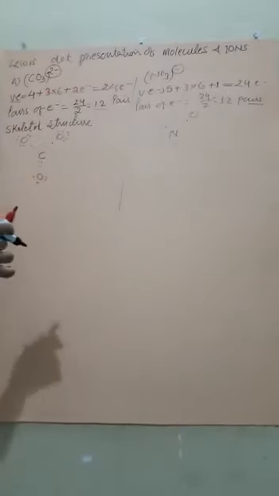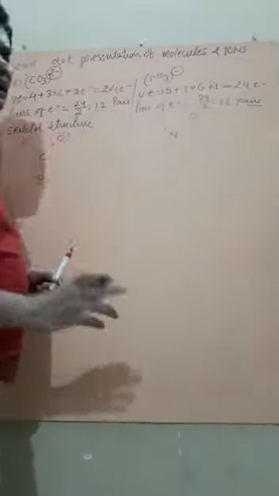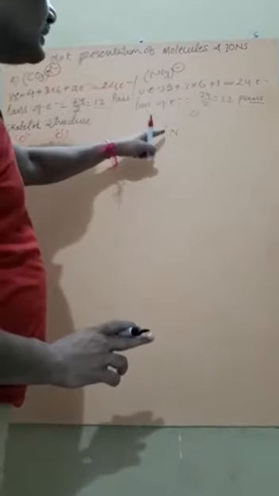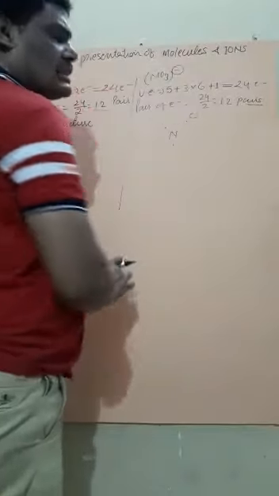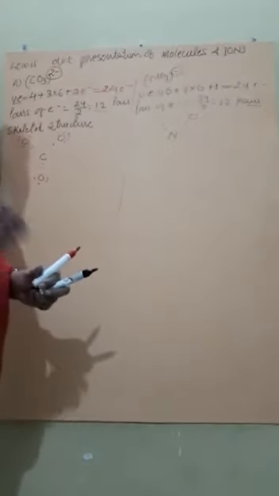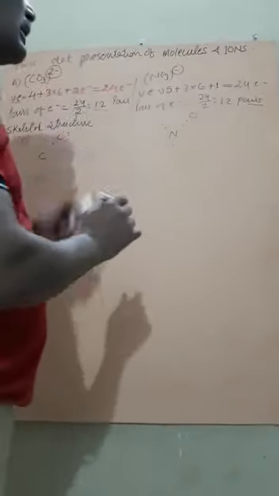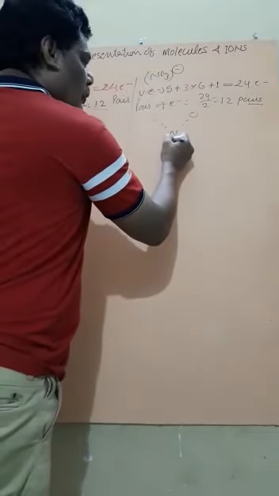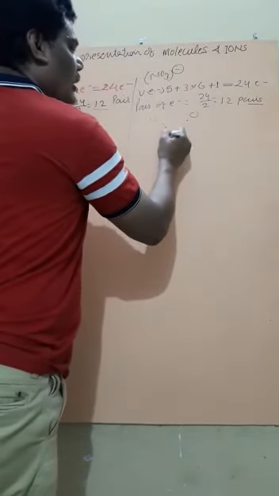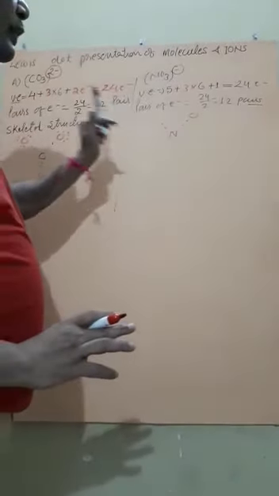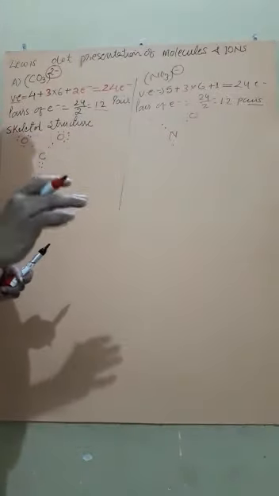Now, is the octet of nitrogen completed? Not completed. How? Because there are only 6 electrons. So we have to multiply one of the bonds between the center and a surrounding atom. If we draw one more pair of electrons, now the octet of nitrogen is completed. Isn't it? Okay, now what to do?